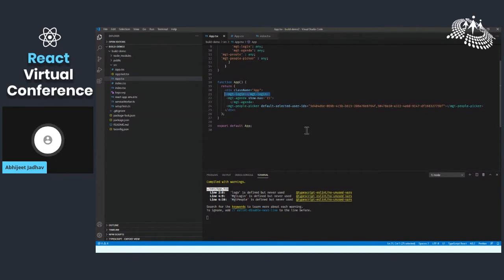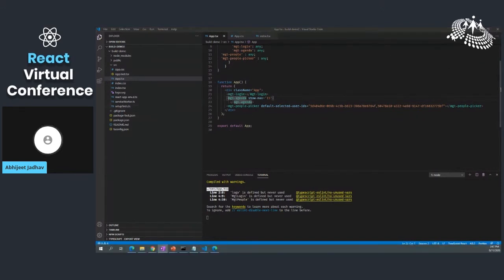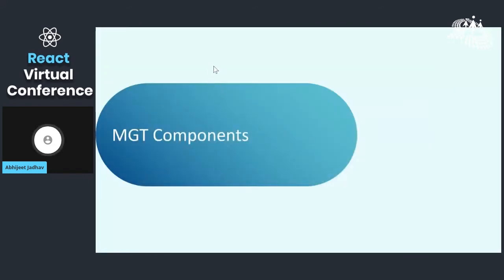The signing out of the user, the signing in of the user, the authentication part, it is all taken care of by this MGT login. Or if you want to display the agenda, this is the code you can write. As it is said, a lot of things are easier seen than said, right?